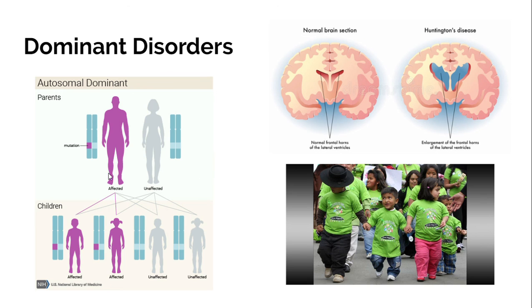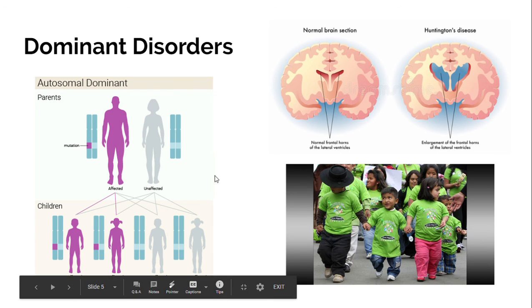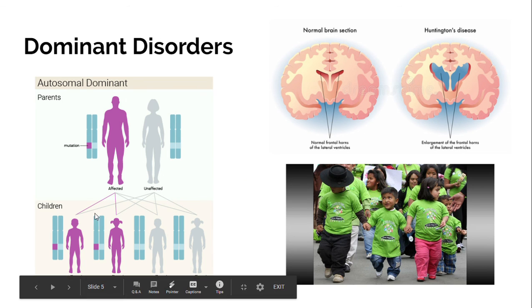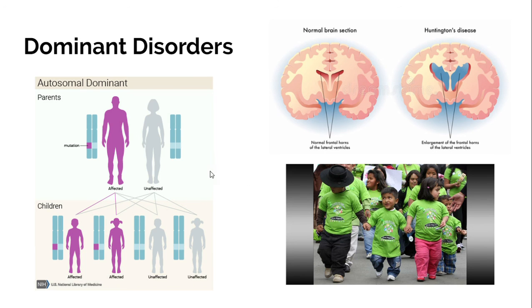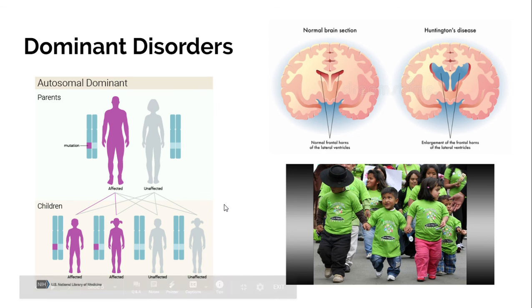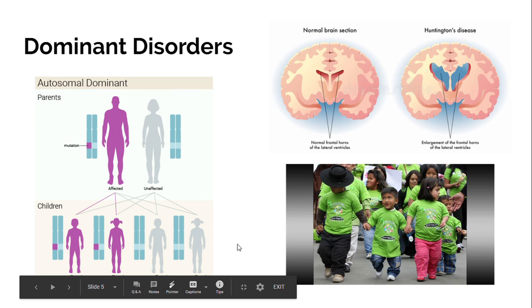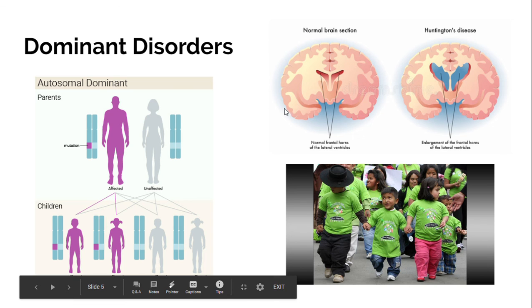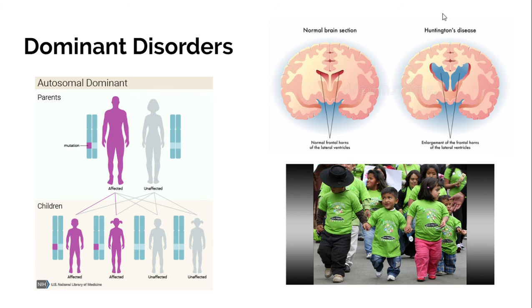This is because diseases like this are likely to develop early on in your life, and those who die because of these dominant disorders are not able to reproduce or pass these genes on to their offspring. So they die out, which prevents the passing on of these mutagenic genetic codes. One example of this is Huntington's disease, and there's also